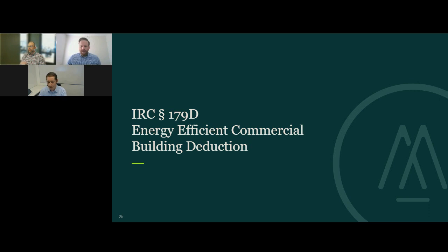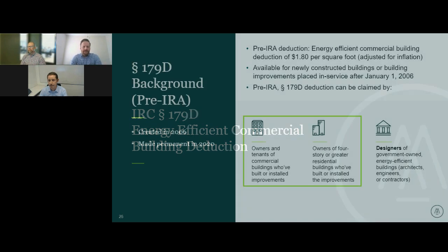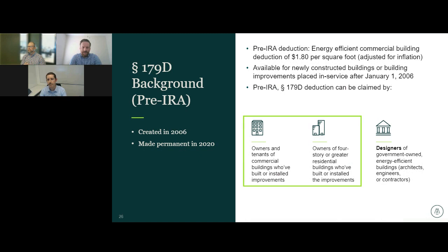We're going to start talking about Section 179D, which is the energy efficient commercial building deduction, and a little bit of history. So Section 179D has been around since 2006, and it went through multiple cycles of several year extensions and lapses and extensions. And then finally, at the end of 2020, it was made a permanent part of the tax code. And historically, it's been valued at up to $1.80 per square foot